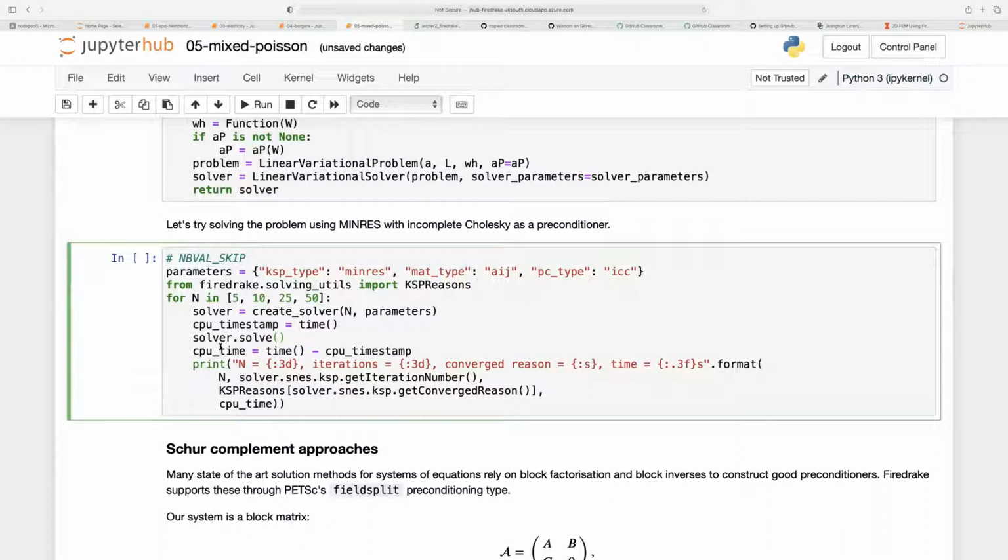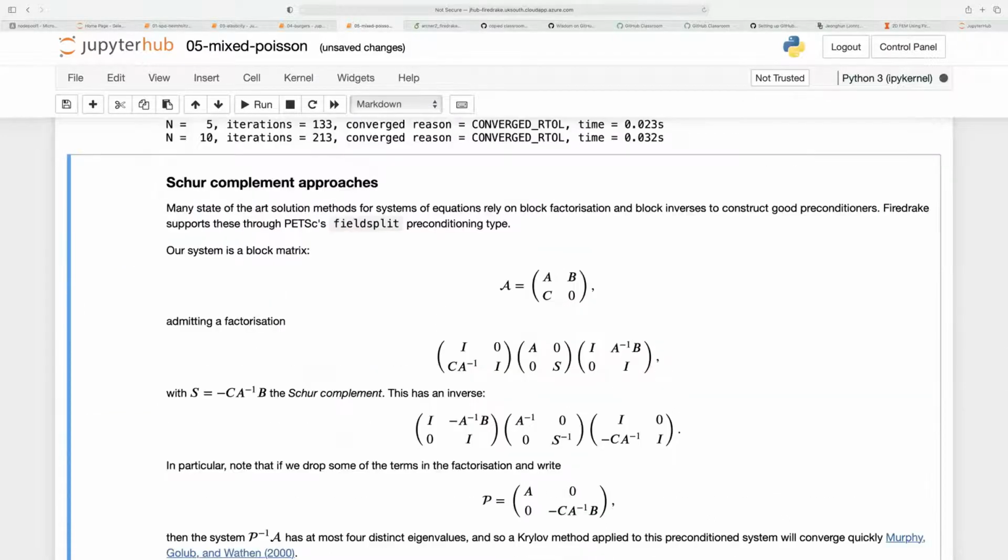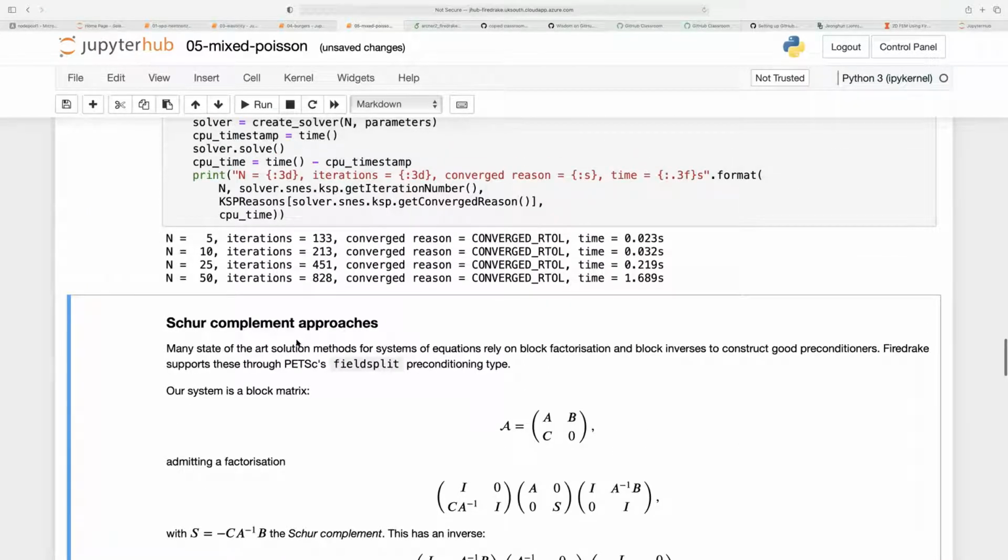So we're starting with 5 elements in each direction and then going to 10, 25, 50. And what we want to see is as this resolution is increased, how do the number of iterations change? Does the iteration even still converge? And then finally, how long does it take? So if you could click through that one, please, David. And we'll see that